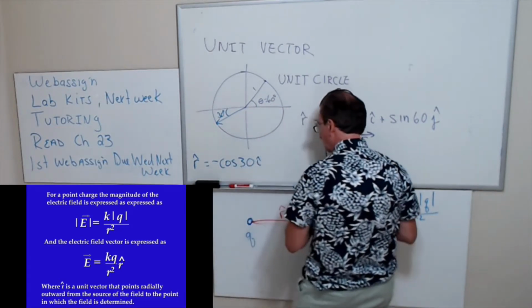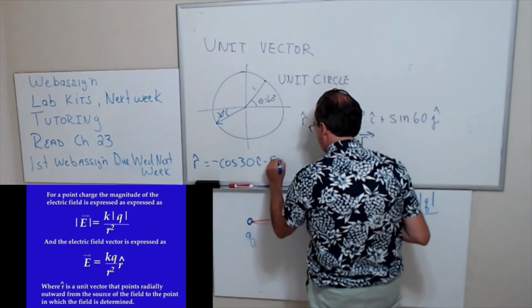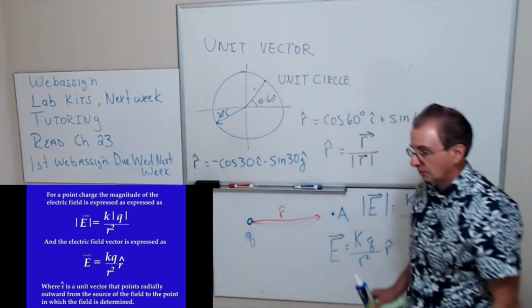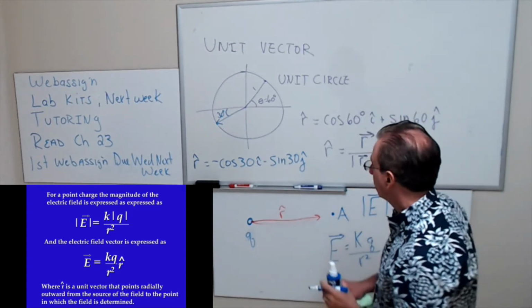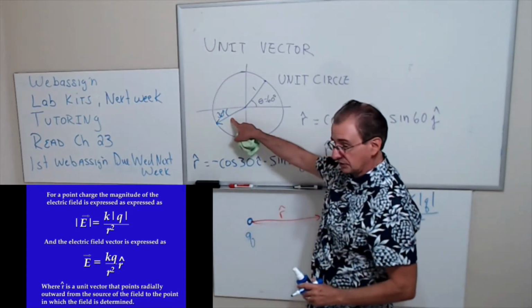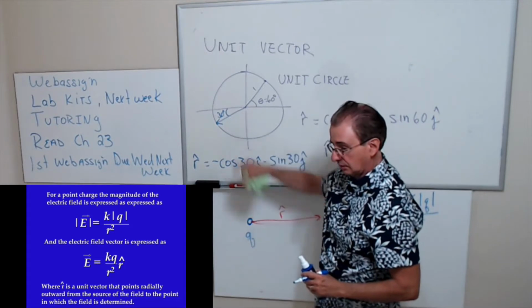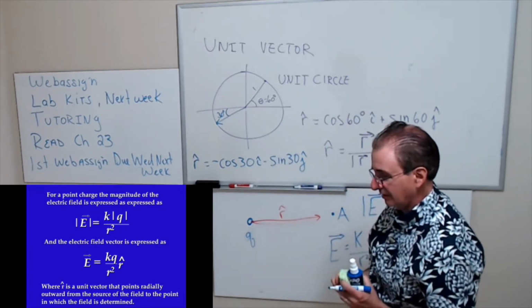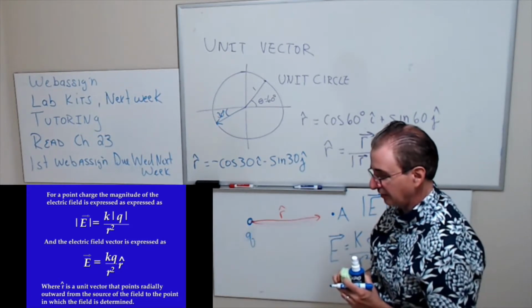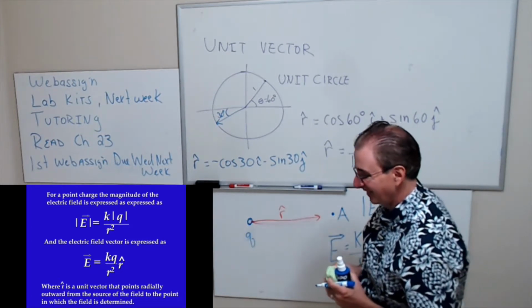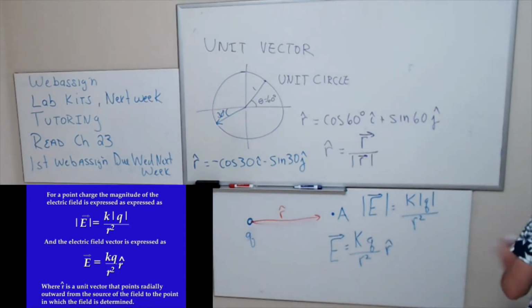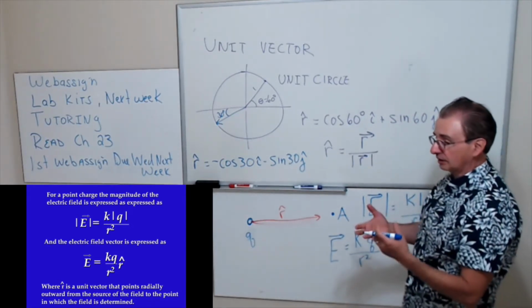let me know if you can't see this. Okay, that would be the unit vector that represents this one right here. Does that make sense? Okay, hard to tell when we're doing this on Zoom. Okay, I got it. Got it? Okay, good. So that's going to be one of the difficulties